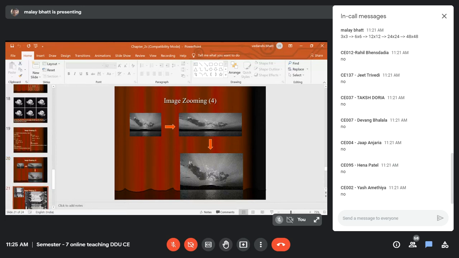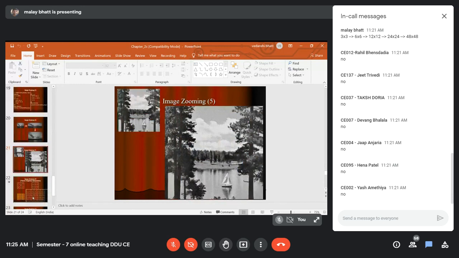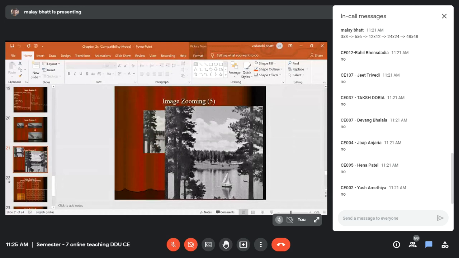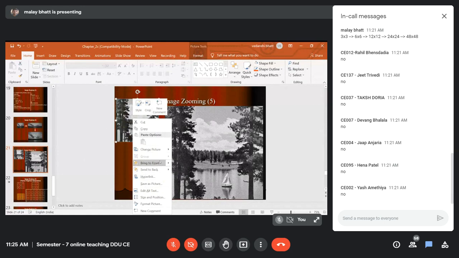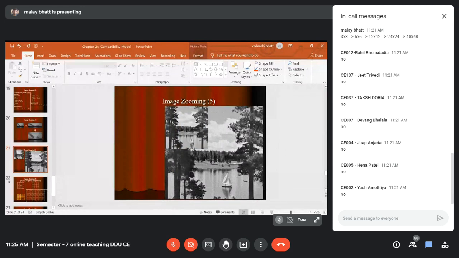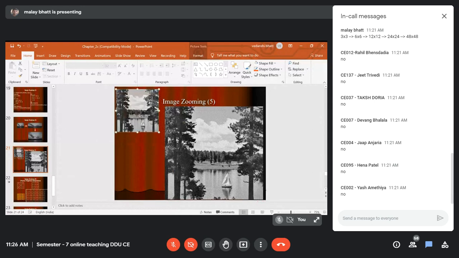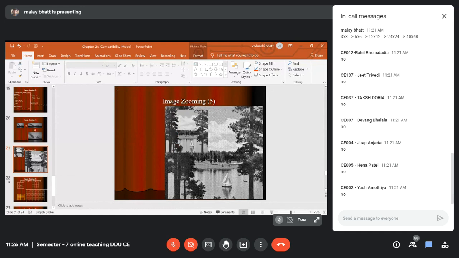One more example, let us go through. Here we have the original image. So this original image is, if I superimpose here, so you can see it is applied 4 times. We have applied pixel replication twice, not once. So once you double it, it becomes double. And then, so this is how we are doing this.